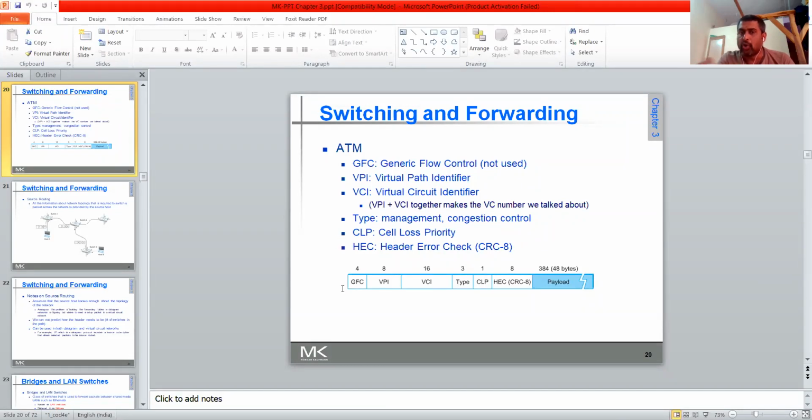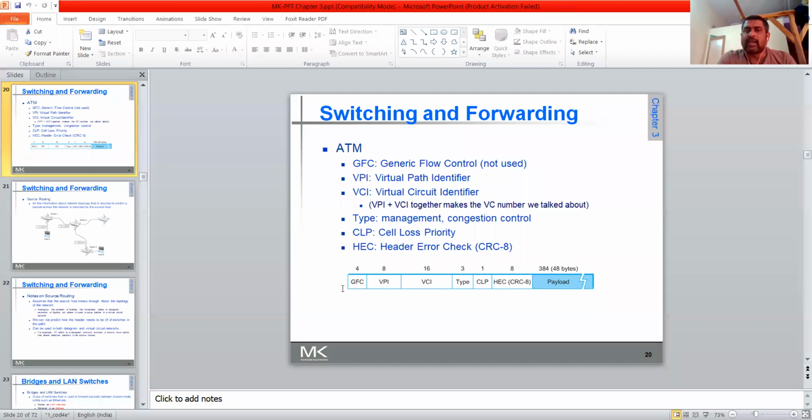So combining both, it will give you the VC table of 8 and 16 bits. Coming to the next thing, that is the type, that is how congestion control will be done, which type of packet it is, where congestion has occurred. All flow control, meaning congestion control, will be in this particular type field.